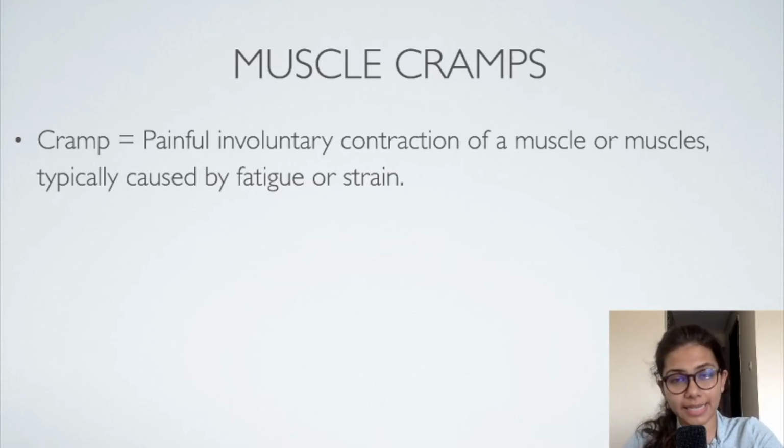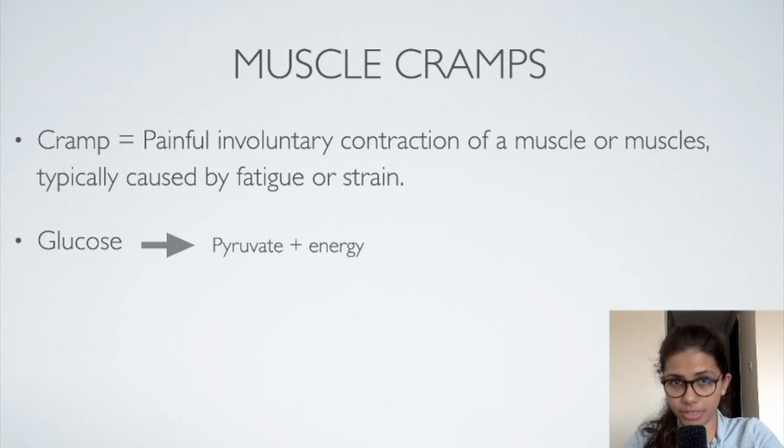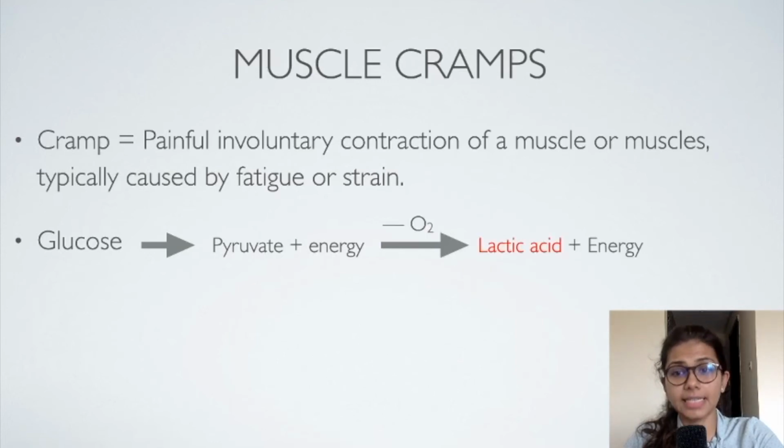Why does this happen scientifically? We'll find a reason. What happens in this is, glucose is first of all converted into pyruvate and energy. That is the common step. And this pyruvate, we learned that in muscle cells, under the lack of oxygen, is converted into lactic acid and energy. So over a period of time, if the muscle cells only respire anaerobically, the lactic acid content builds up, and this causes muscle cramps, right?